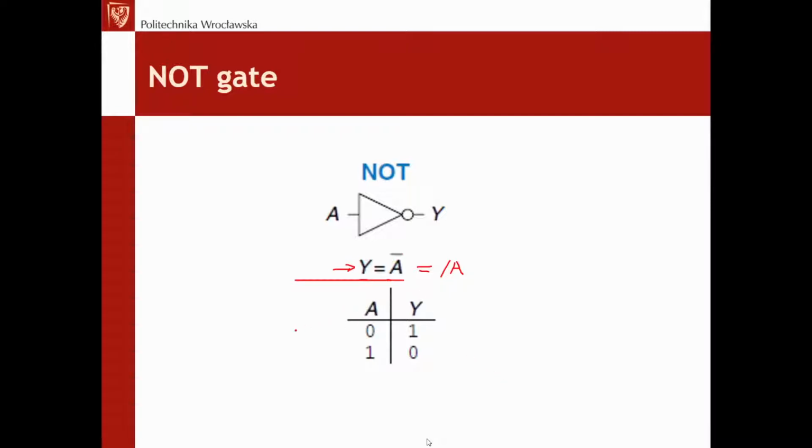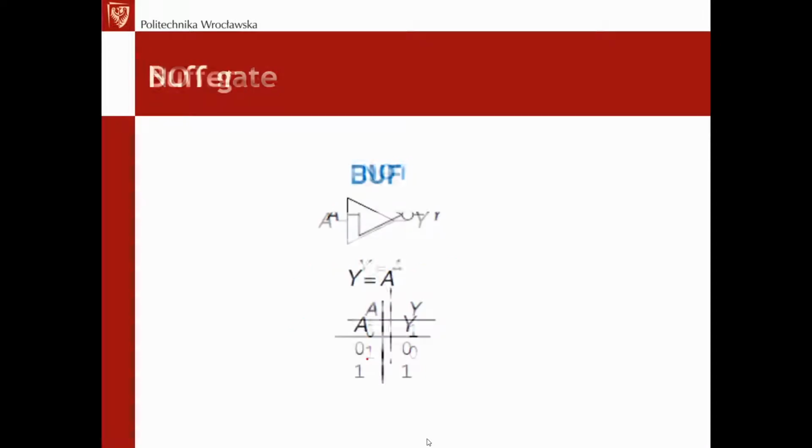The truth table, because this is again a logic equation, and this is a truth table. In a truth table, we have inputs on the left, outputs on the right of the line. So input 0 generates the output 1, and 1 as input generates 0 as output. We can have a buffer, a simple version of NOT, the version that logically does nothing, but